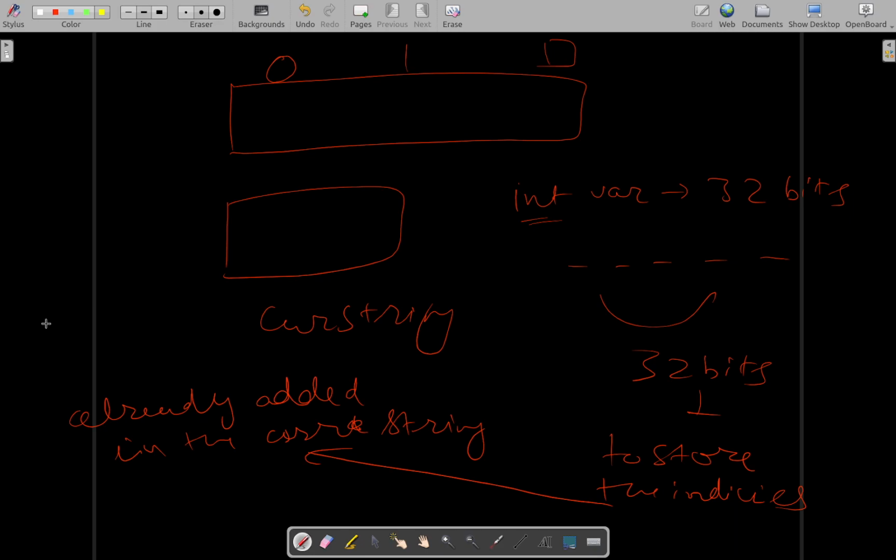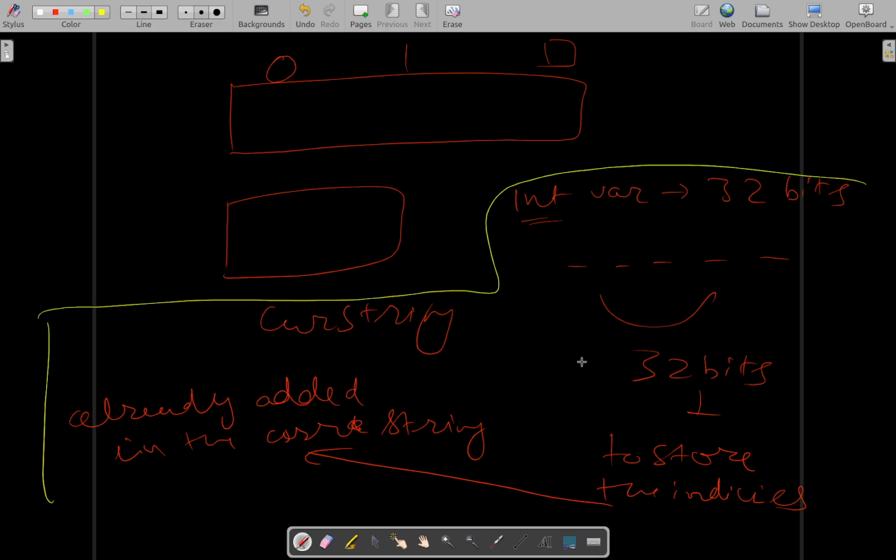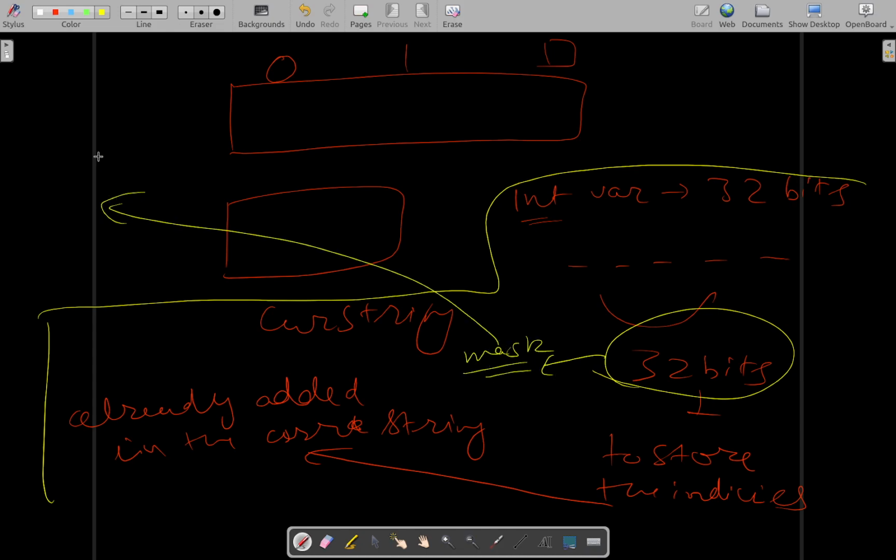So this 32-bit integer will form a mask. This concept is called bitmasking,